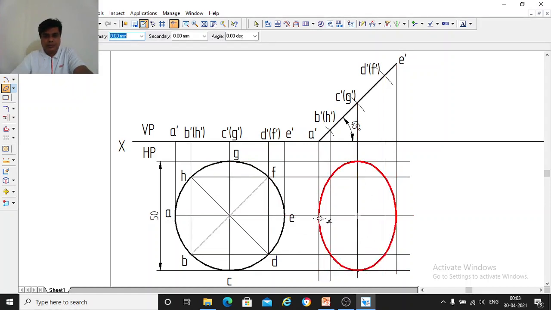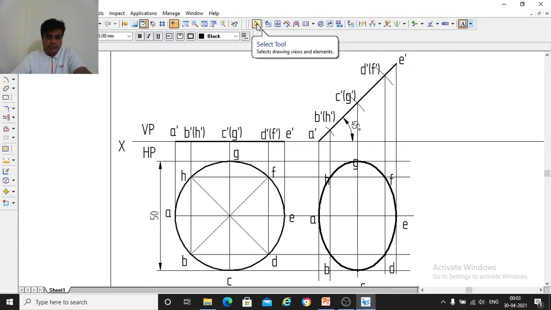So again all these points you have to just name it now. So again take your HB pencil and name all these points. So this point will be A, this point will be B, this is C, this is D, this is E, this is F, this is G, and this will be H. So just write all the points correctly, neatly.